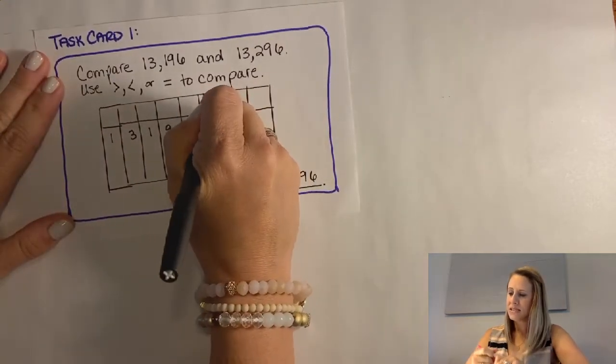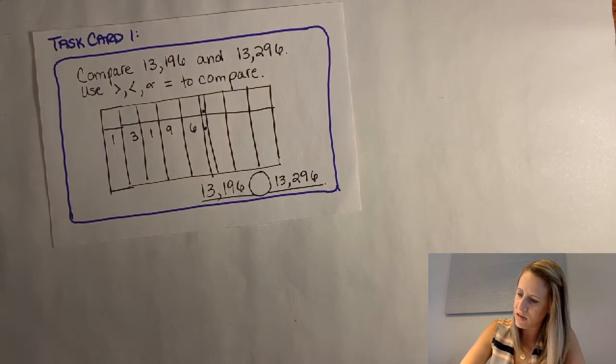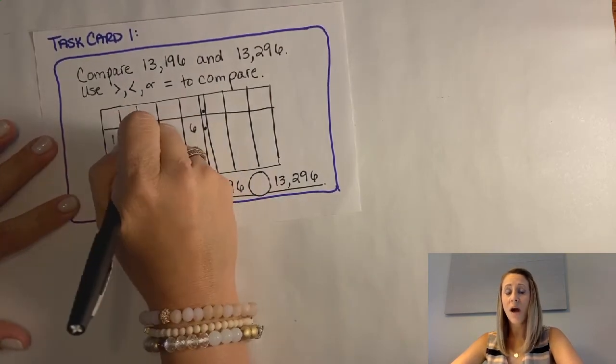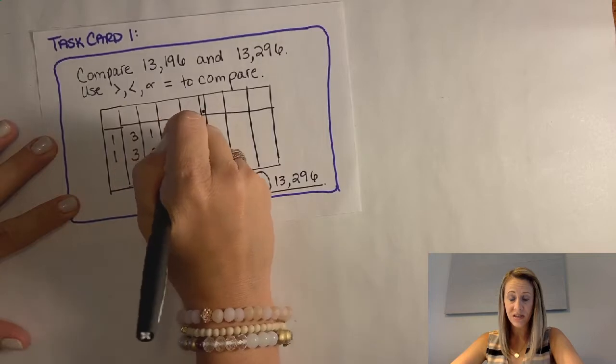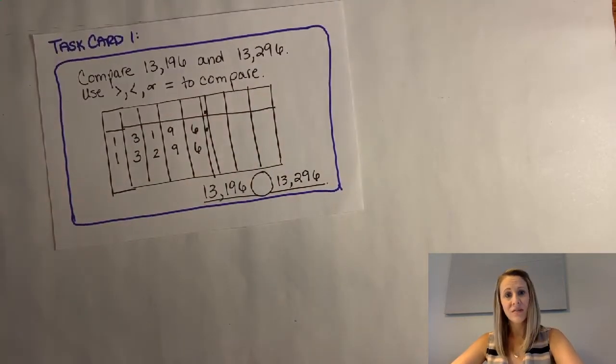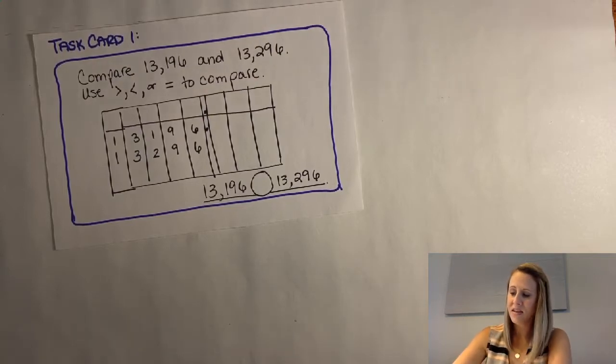I'm going to write my second number, 13,296. Can you tell me what digit, the name of that place value, is different? Do you remember what this one is labeled? So our 10,000s